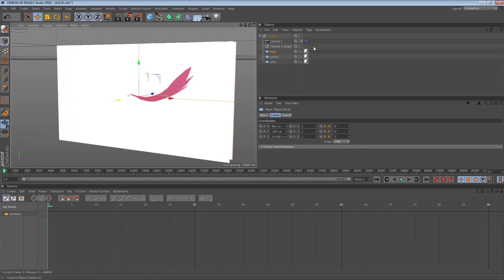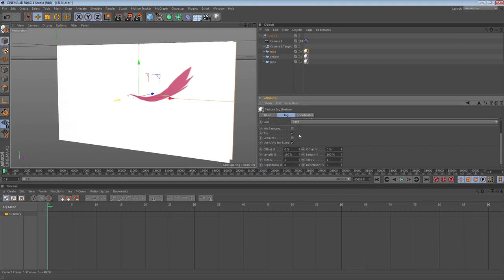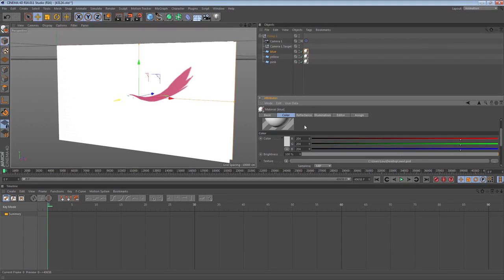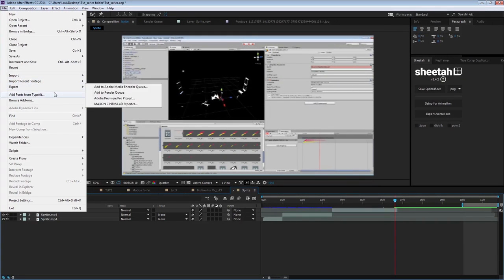Obviously, the ideal thing would be to have the texture animate, and I've never found a methodology that really works for that, to be honest. It'd be better if you just exported using the sprite methodology, because it's faster and more efficient. But this is just that little workflow in After Effects. I don't know if I showed this already, but I'll show it again. You do export, Max on, and then it does the planes, but you make sure you have these on